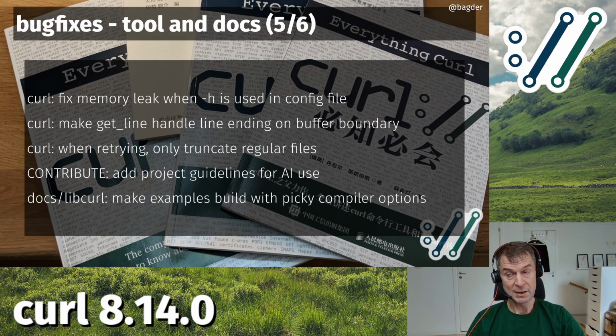In combination with my fixes of that header file that checks curl_easy_setopt options better, I found a lot of problems in existing documentation and in these examples.